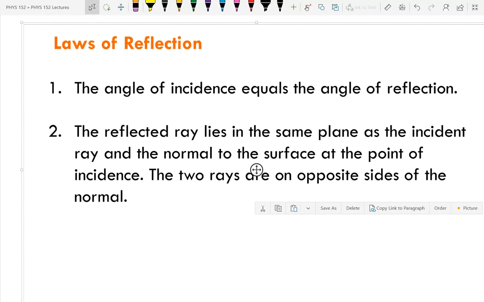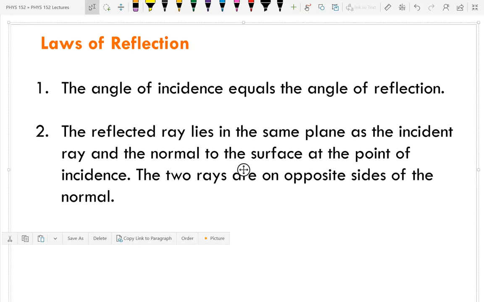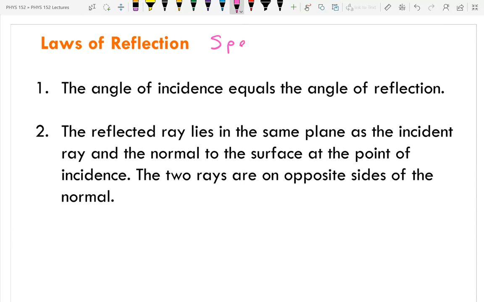So, to summarize what I've said about reflection, the angle of incidence equals the angle of reflection for which kind of reflection? For specular reflection. And what's a more explanatory term for specular reflection? Mirror-like reflection. So for mirror-like or specular reflections, the angle of incidence will equal the angle of reflection, with the